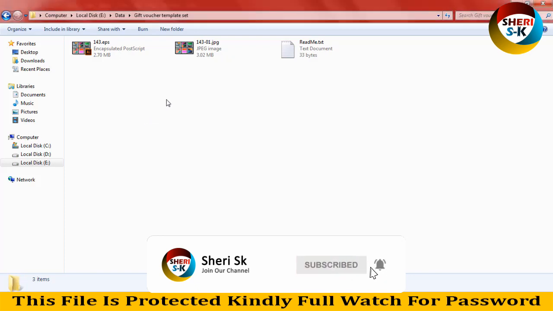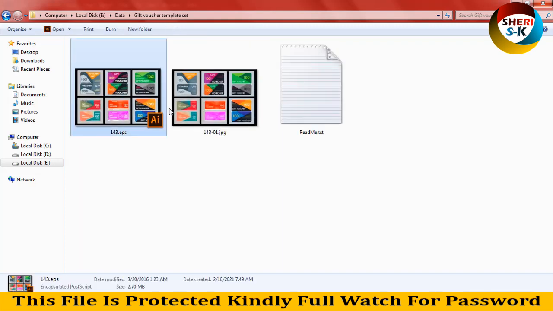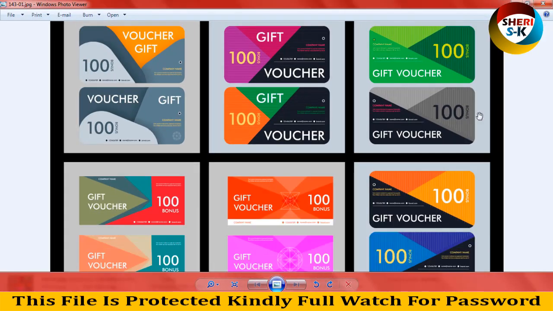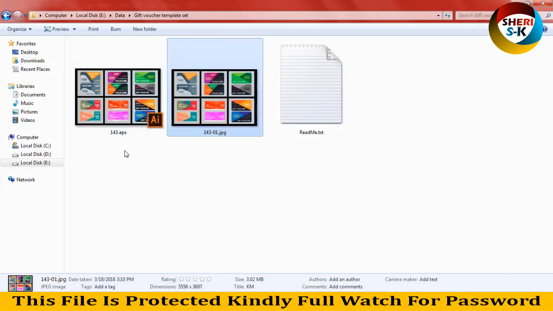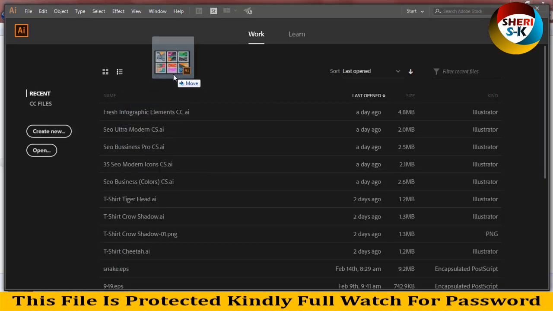Today I have a gift voucher for you. These are in EPS files. Sorry, this is an EPS file for Adobe Illustrator. Here is the preview. You write your own bonus, company name, phone number, website, or email. So drag this into Adobe Illustrator